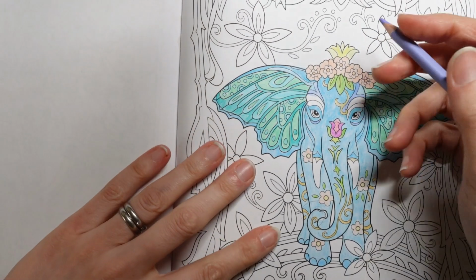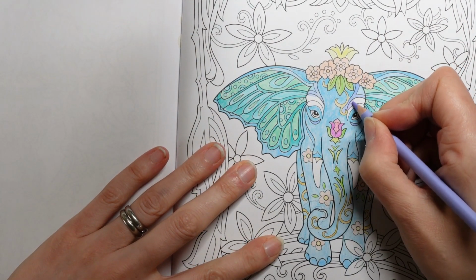This is the lightest purple. I'm going to do this in the middle here, but